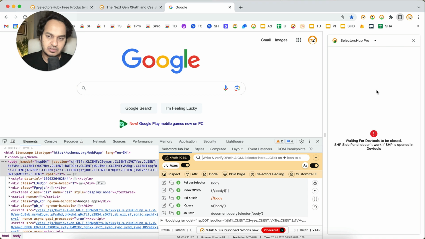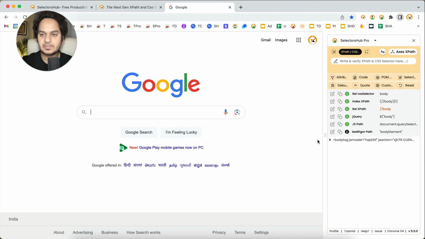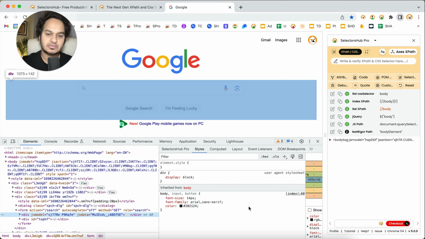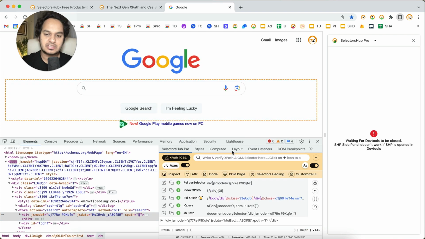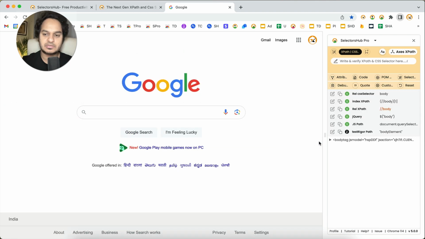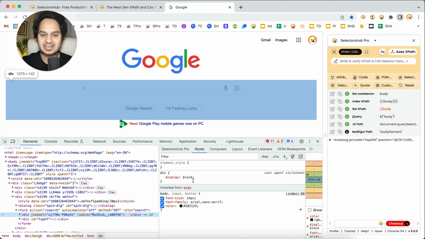Either you keep the side one open, this is what we are calling the side panel, and this we are calling the DevTools one. So if you have the DevTools one and the side panel open together, then the first priority is always given to the DevTools one. So if you want to use it as a side panel, then you will have to keep the DevTools one closed, then it will work here. But if you open the DevTools one, then the first priority is given to it. So make sure that if you want to use it here, then you keep it closed. Only in case of the debugger you have to open DevTools, not the SelectorsHub Pro panel,